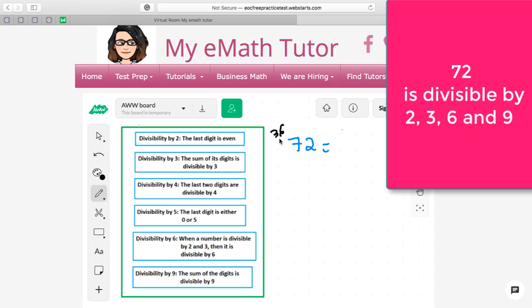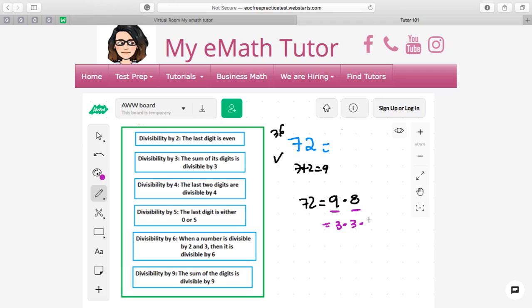Is it divisible by 3? Well, if I do 7 plus 2, that's equal to 9. And I look at it and I say, oh, you know what? I can actually rewrite 72 as 9 times 8. Now look how I'm going to do the prime factorization. 9 is the same as 3 times 3, and 8 is the same as 4 times 2. But instead of writing 4 times 2, I'm going to write it as 2 times 2 times 2. 72 is the same as 3 squared times 2 cubed. So this is what prime factorization is. So 72 is the same as 3 squared